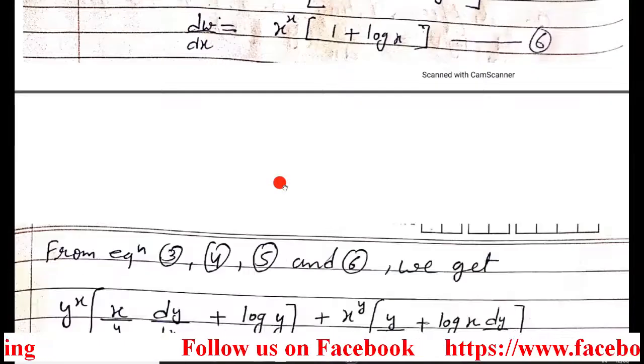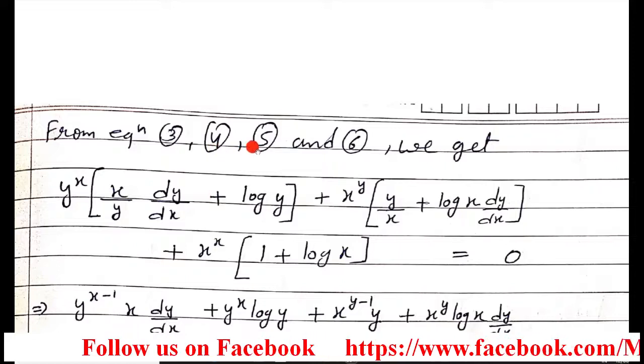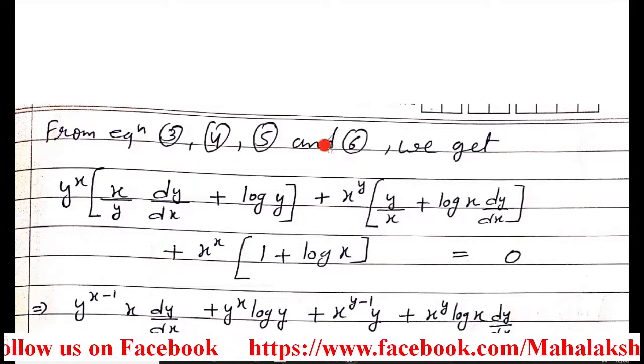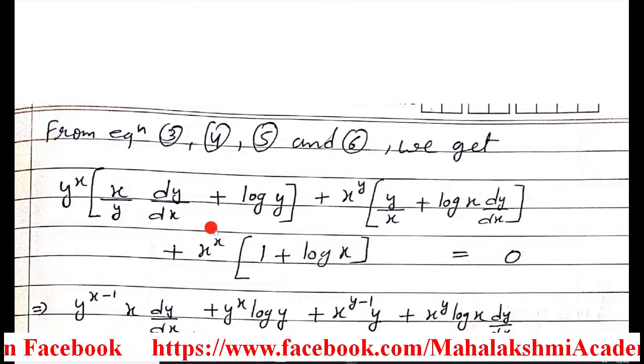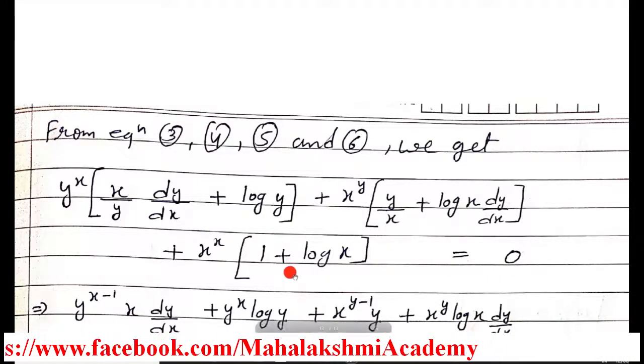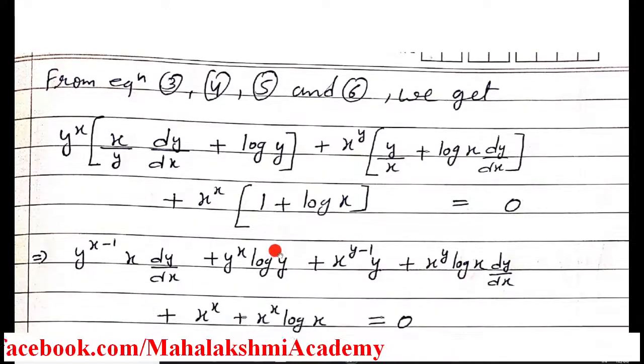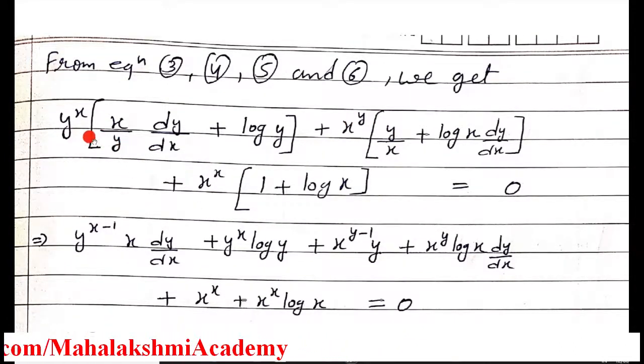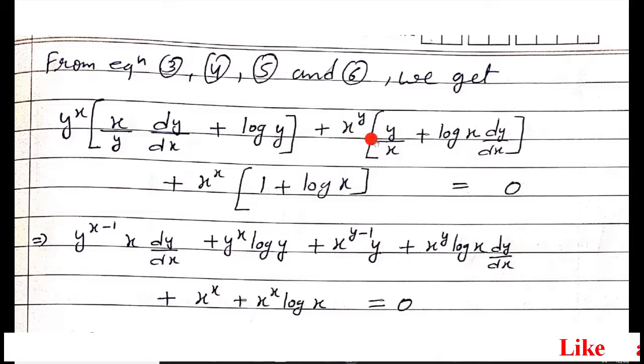Now these values from equations 4, 5 and 6, whatever value you obtain, replace in equation 3, you will get it like this. So this is the value of du over dx, this is the value of dv over dx, and this is the value of dw over dx. Now open the brackets. When you open the bracket, you will find that this y and this y are in division, so their power gets minus here, and then open them. Here also this x and this x are in division, so their power gets minus here. Then this x to the power y will come with this again. Now here open it, so x to the power x will come with both.